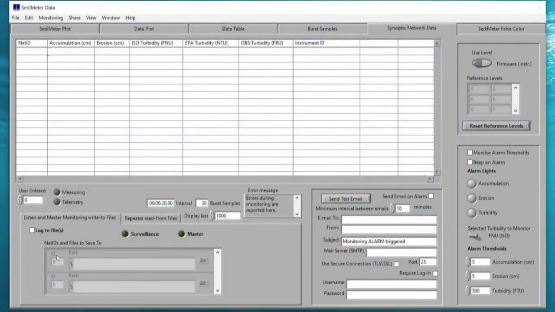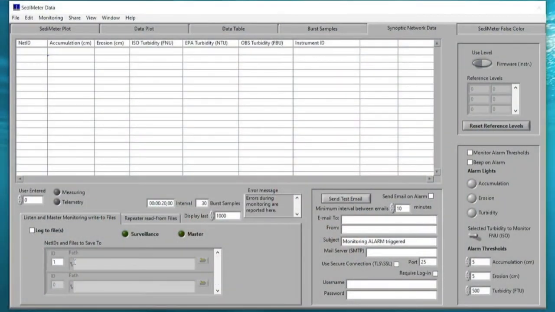But before I do that, if I would have just started monitoring now, it would have shown the data on screen, but it would not have saved them to the hard drive. If I want to save it to the hard drive, I have to select here the ID of the instrument. I haven't mentioned that. All the instruments by default have ID number 1. If you have more than one, then you need to assign individual IDs to the other one, but that's of course for later. So we put ID number 1,